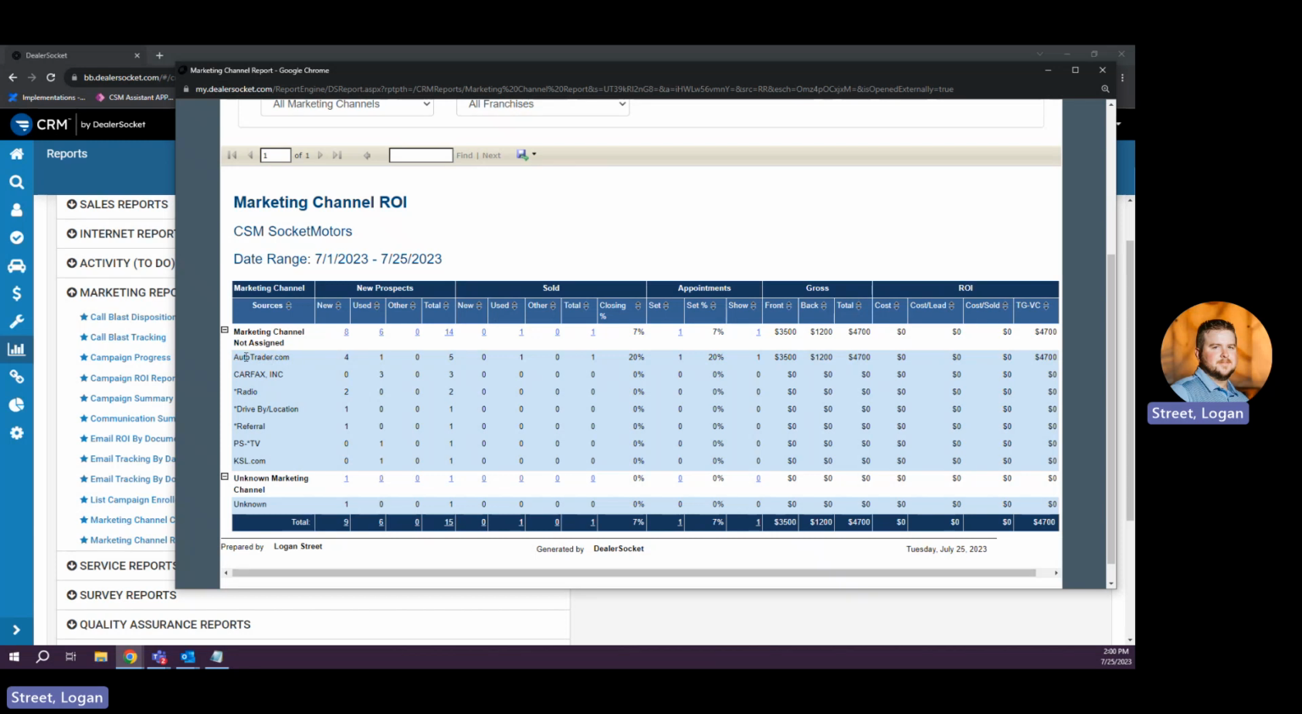So what we're going to go over is we're going to separate these tracking codes out so that we can see them in their own individual marketing channels and be able to organize the information based off of